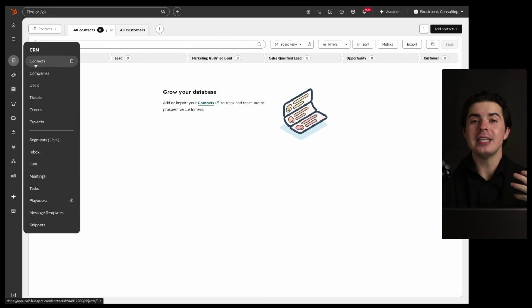The CRM is the heart of the HubSpot system. If you don't understand the CRM correctly, then you're probably not going to use HubSpot correctly. The CRM stands for Customer Relationship Management. And if you're not familiar, the way you should think about a CRM is like you think about the Contacts